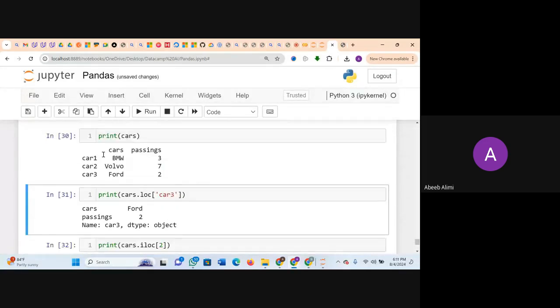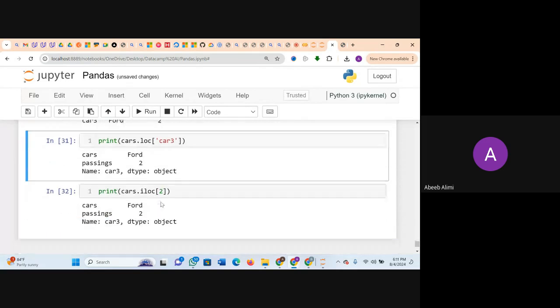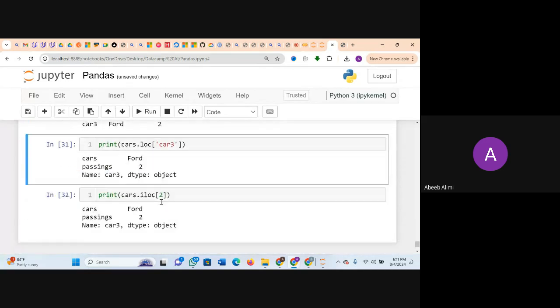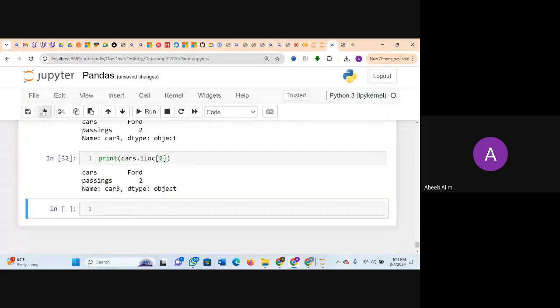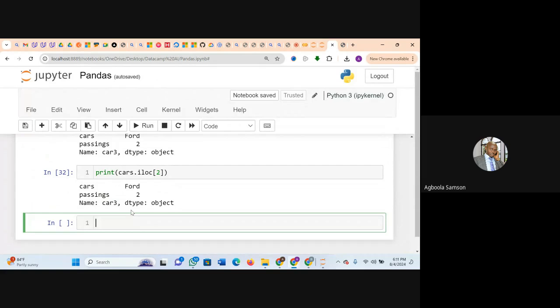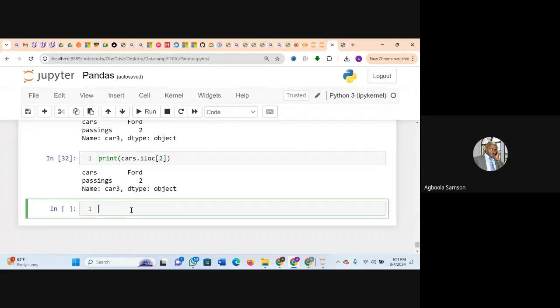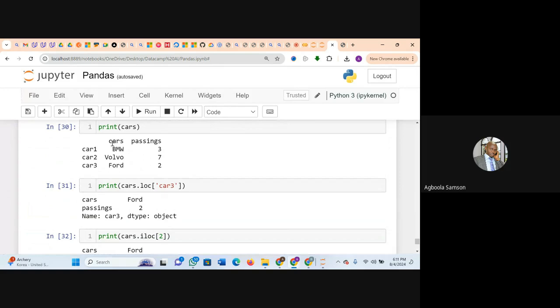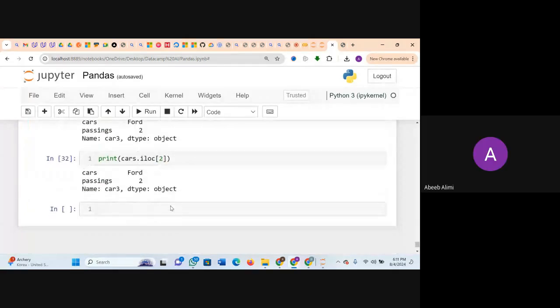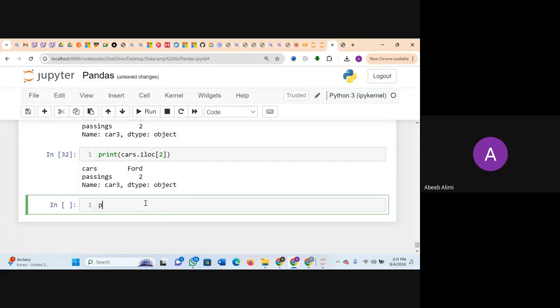So if I want to print BMW using the index number, I want to print the first row. What will it be? Mr. Sampson, can you please help us with that? BMW, let me check the index. Print, parenthesis, cars dot.